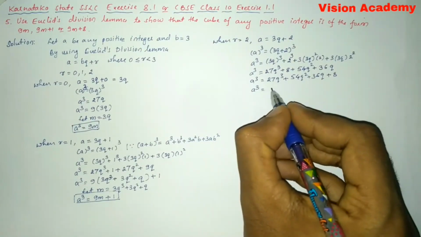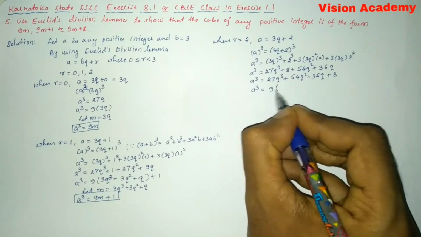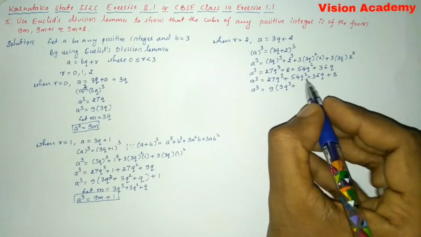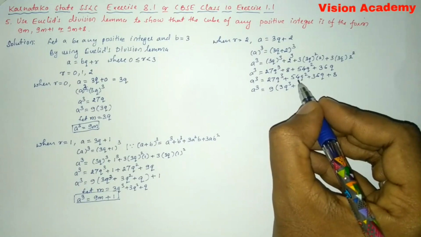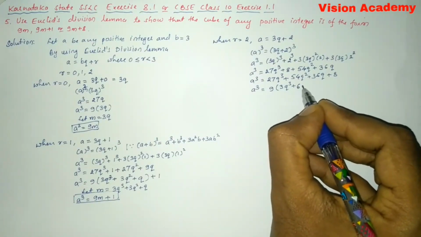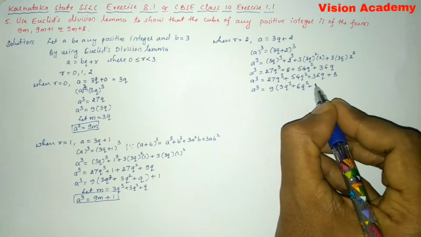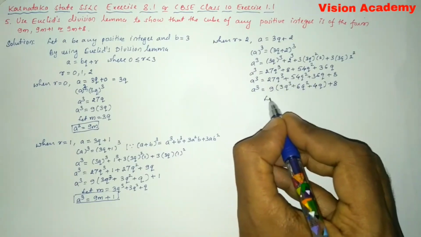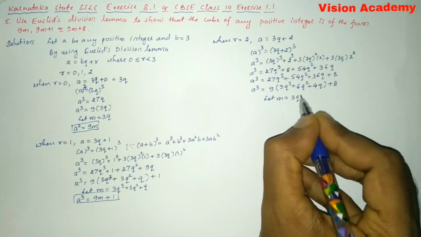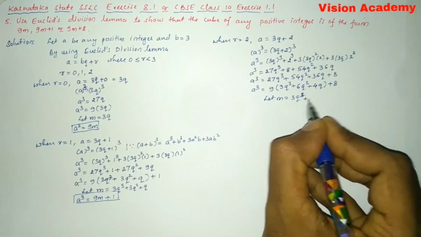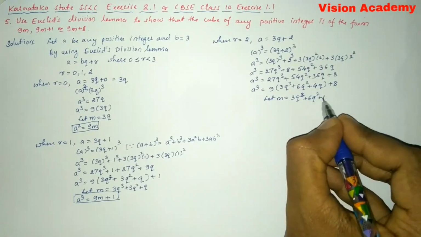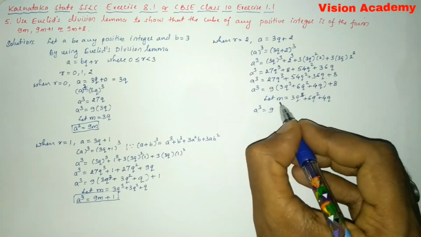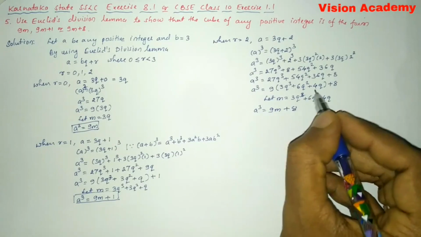Next we'll take out common. A cube is equal to, here let us take out common as 9. 9 how much are 27? So 9 3s are 27. 9 how much are 54? 9 6s are 54 q square plus 9 4s are 36 q, and this plus 8 outside as it is. Now we'll take let m is equal to, inside of the bracket, that is 3q cube plus 6q square plus 4q. Now we'll write a cube is equal to 9 and replace this expression by m plus 8. So here you can see